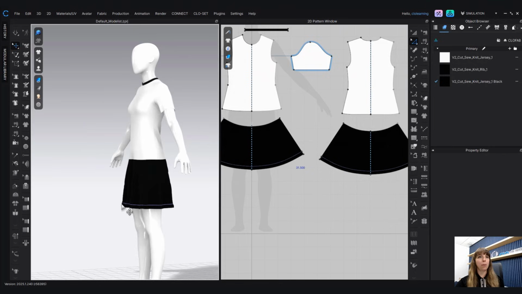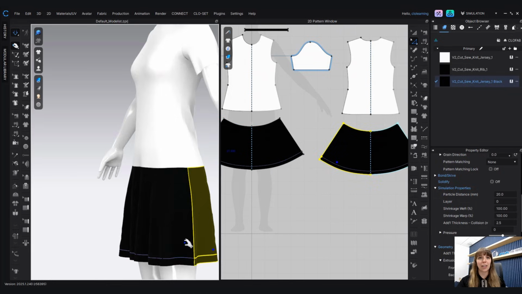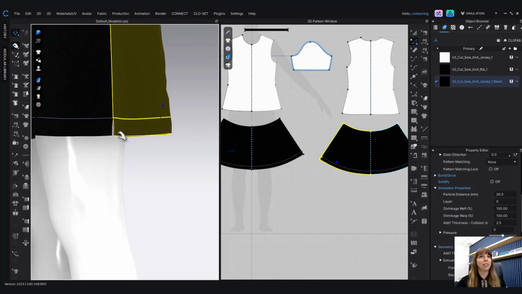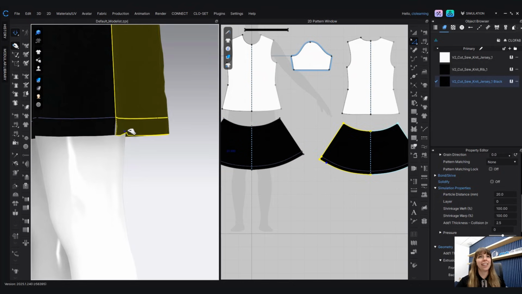There's that little purple baseline I was talking about, both in 2D and in 3D, of CLO visually letting me know where was it and where is it now. And if I turn on simulation, it's going to go ahead and just re-simulate that newly extended length of my skirt. One thing to pay attention to is, while it did extend my pattern,